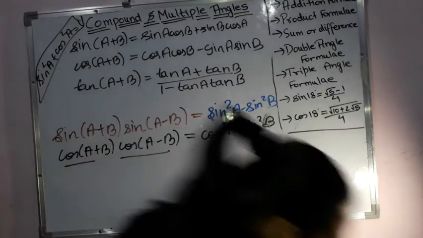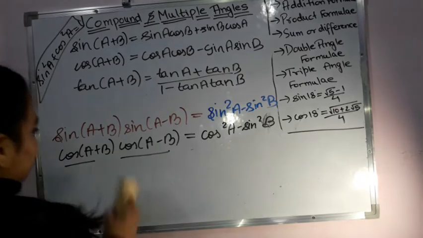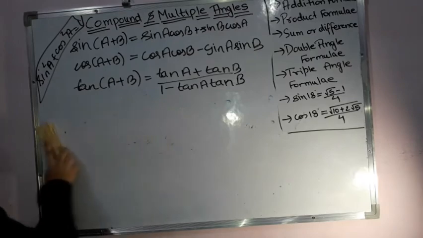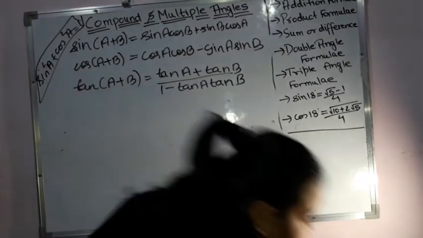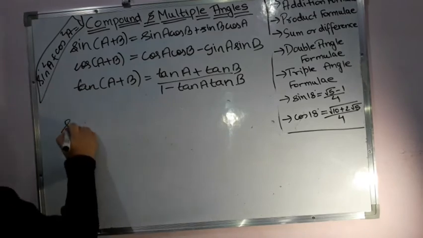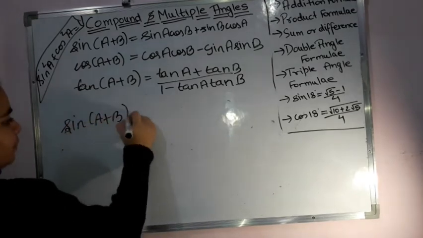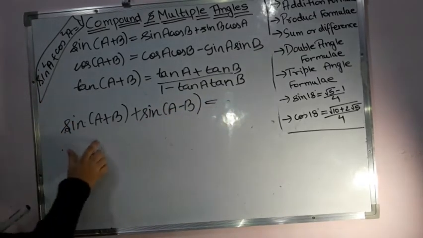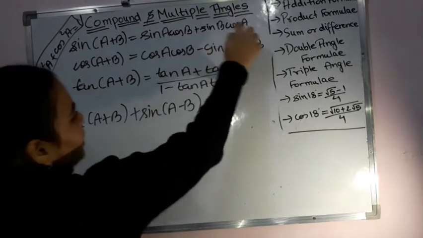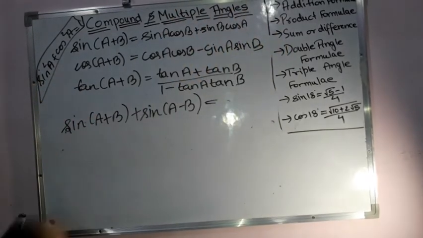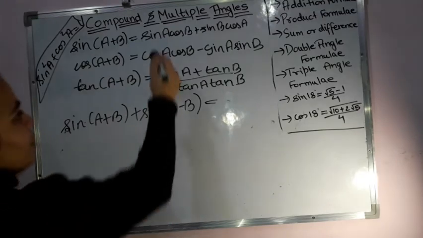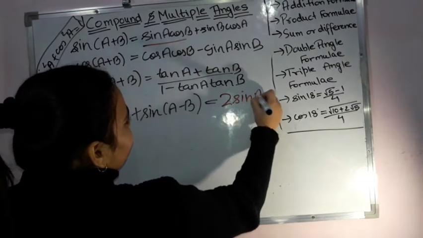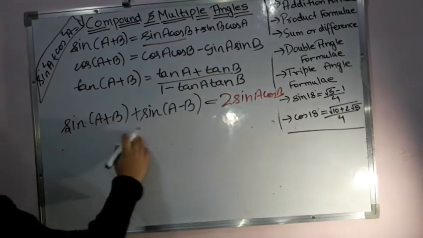Now, so this is how it is. Now after this, if I have to get for sine, suppose I have a question in which I am provided with sine A plus B plus sine A minus B, you need not learn the formula again. So we have sine of A plus B plus sine of A minus B, then you will have sine A plus B, placing this value, plus sine A minus B, negative sign and plus sign getting cancelled, these values will be cancelled, and so you will have 2 times this value. That means 2 times sine A cos B. This will be the value for sine A plus B plus sine A minus B.